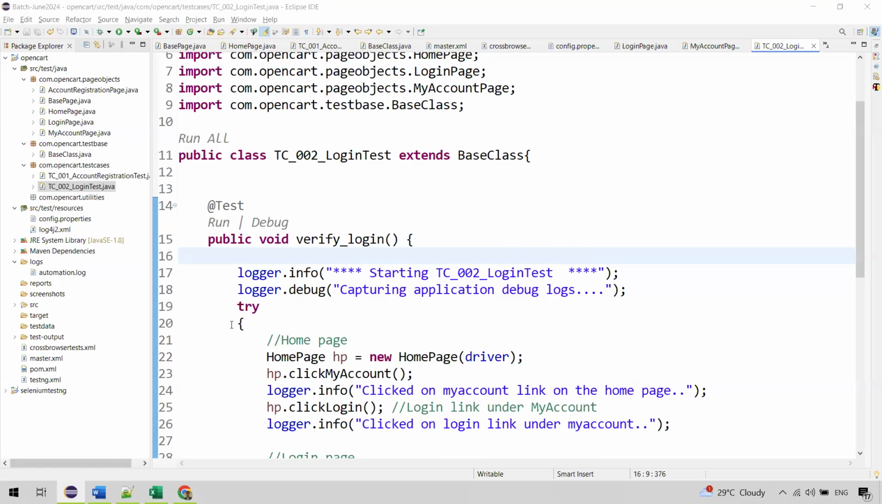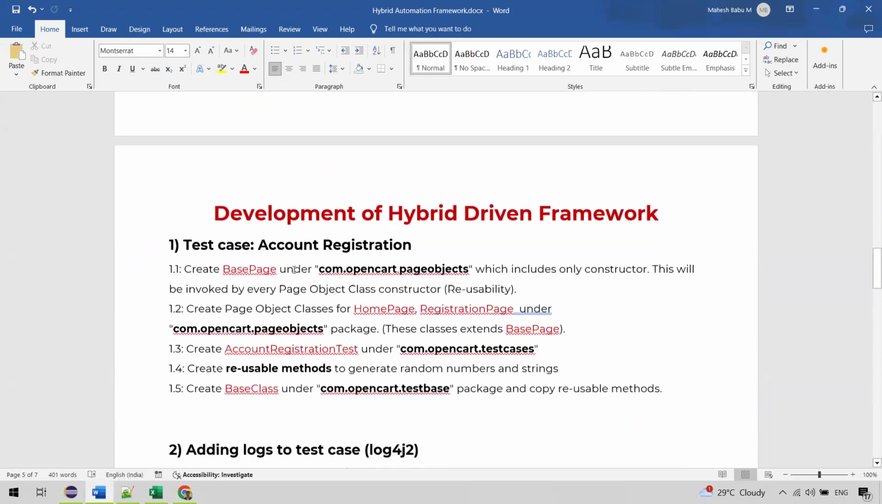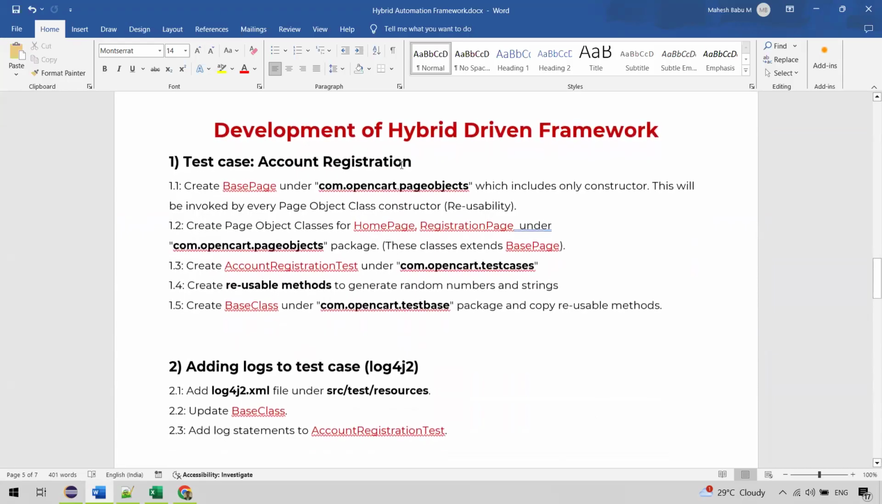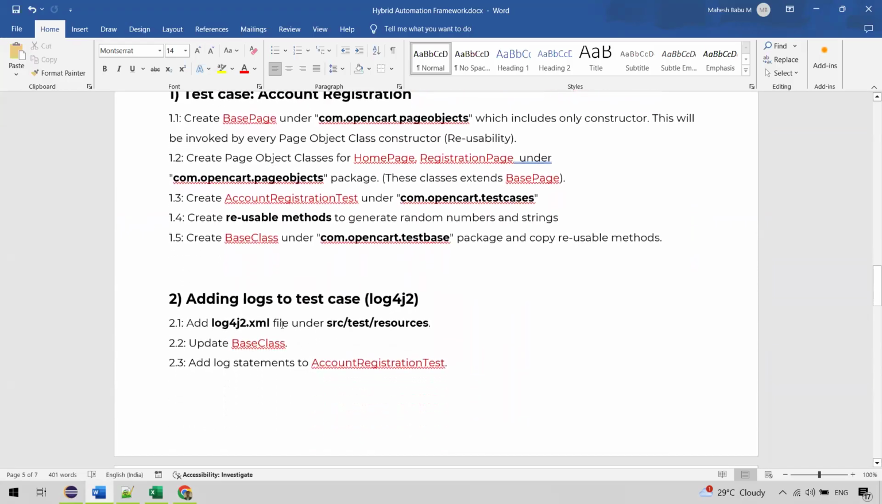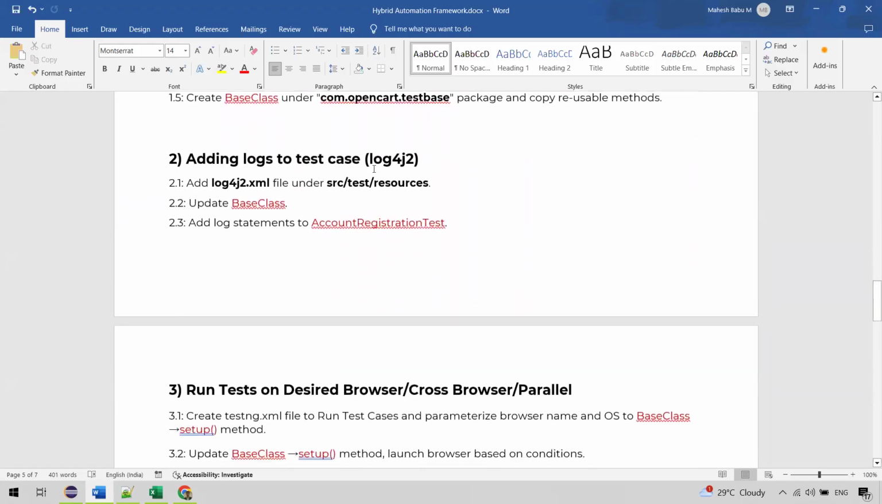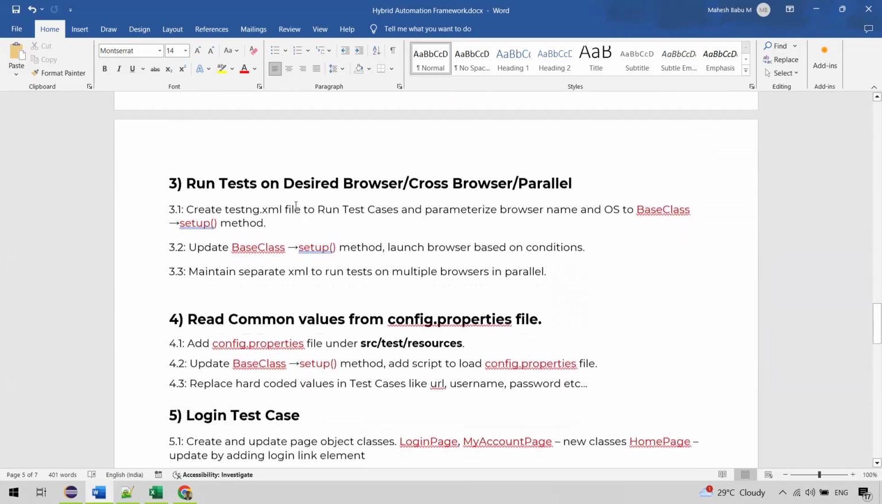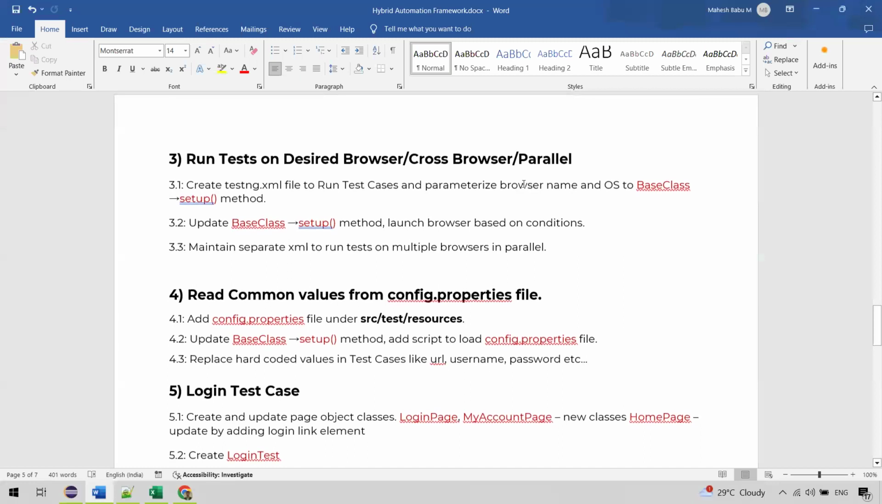So we have started the hybrid framework and we have been going through its development. As part of that, we have completed step by step: we created the first step, the account registration test case, and we added logs to our test case using log4j, log4j2. And we have run the tests on the desired browser, cross browser, and also have seen how to run parallel